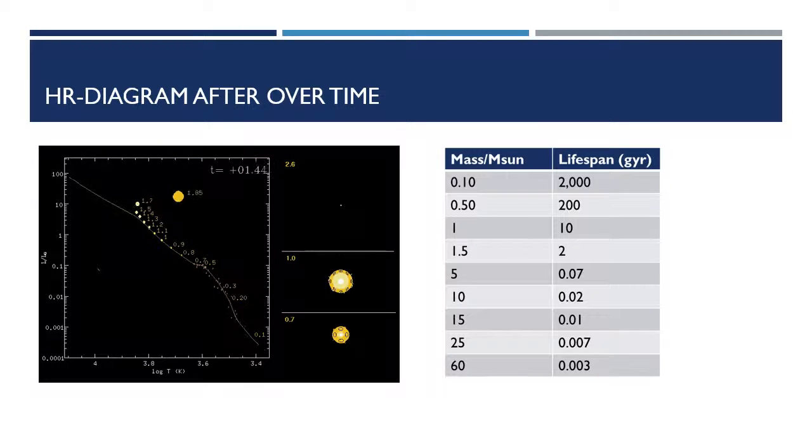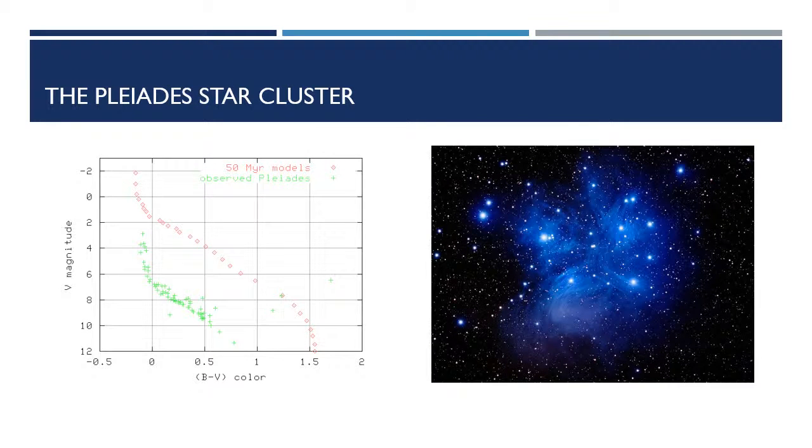Some of the heaviest ones become black holes and other more exotic structures. But eventually you would have many different types of white dwarfs forming, and that's where you see that band there in the bottom left. And that also tells us something interesting about our universe. So this is pretty cool that you can go ahead and compare this and ask, how old is a galaxy cluster? Well, here's a measurement of the observed Pleiades cluster.